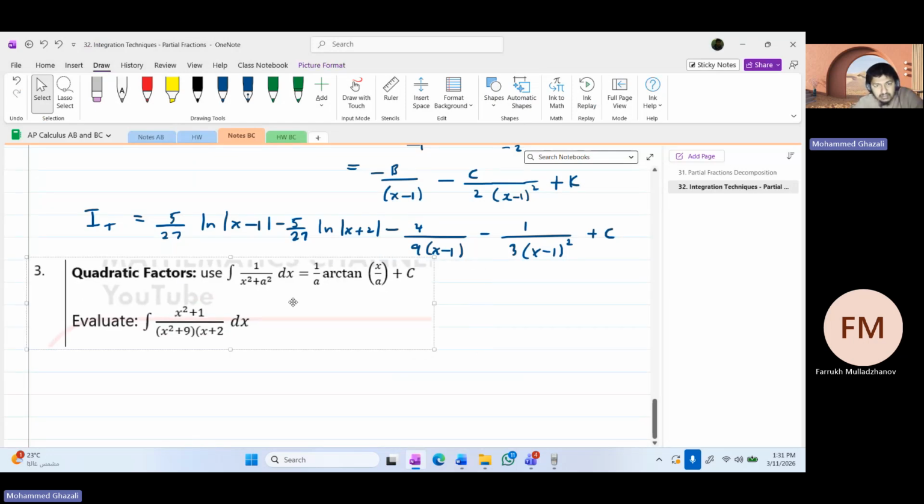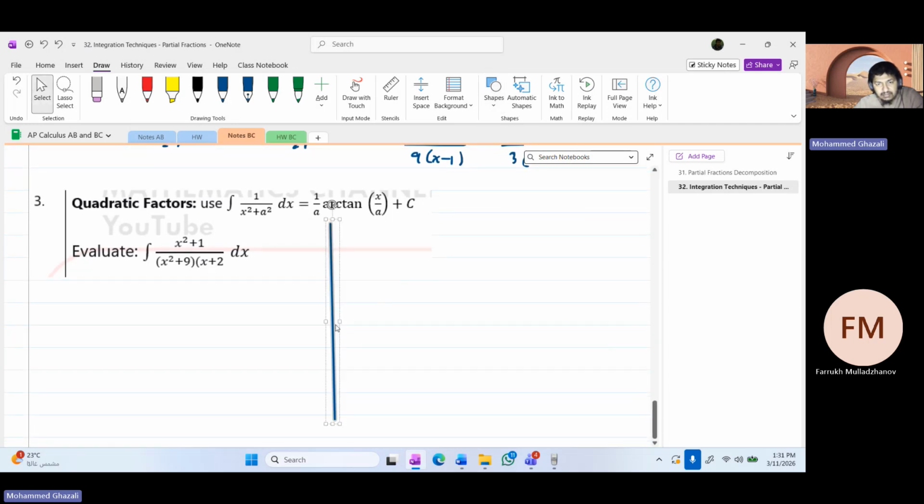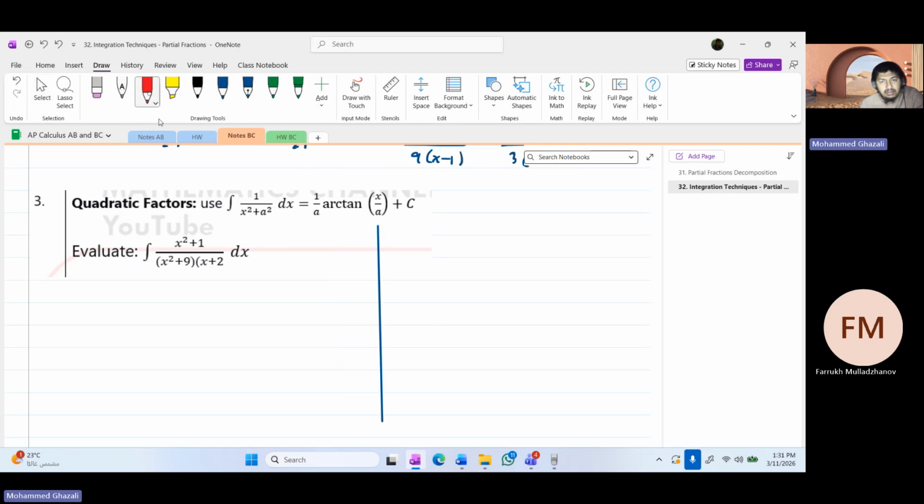So, okay, first, you see the integral of 1 over x squared plus a squared dx is 1 over a arctan x over a plus c. How? How is that possible? Well, I'll show you exactly how that is possible, right? I'm going to do the integral on this side. You remember the rule that we have learned is, obviously this is arctan form, right? So the integral